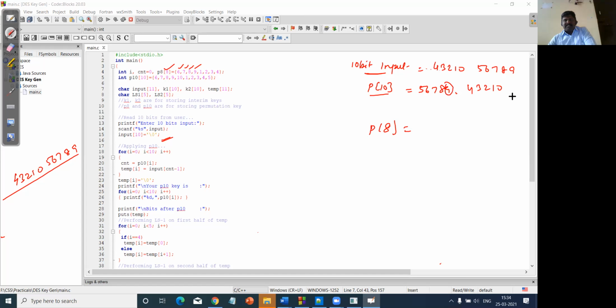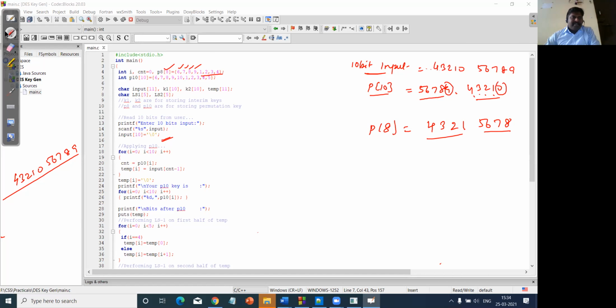These two values I'm ignoring, and the remaining are 6 7 8 9. So this 6 7 8 9 will be the first value. So 4 3 2 1 followed by 1 2 3 4. What is in 1 2 3 4? 5 6 7 8. So this is my P8 value. I hope this is clear.